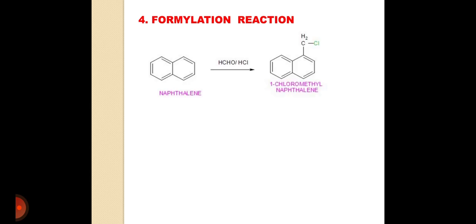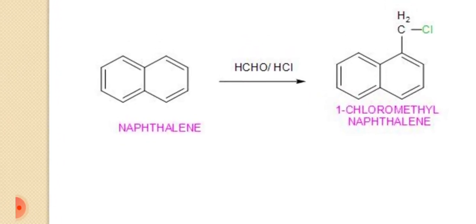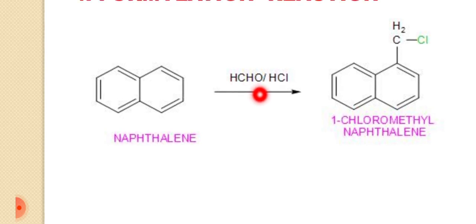Dear students, the last reaction is called as the formylation reaction. That is the attachment of the formyl group. When naphthalene is treated with formaldehyde and hydrochloric acid, here we obtained